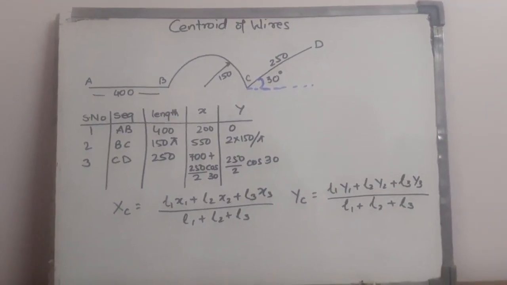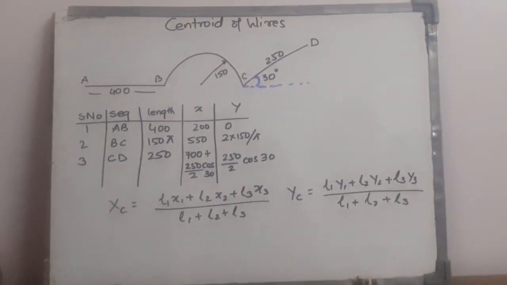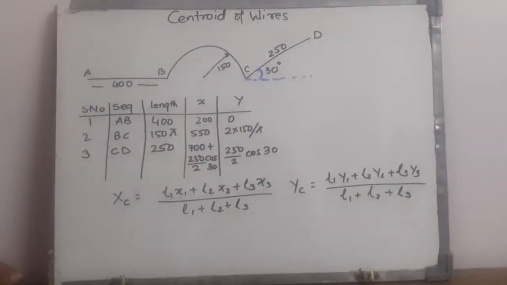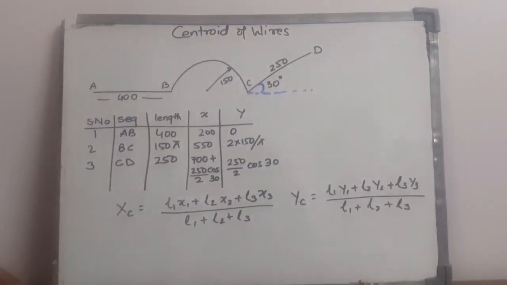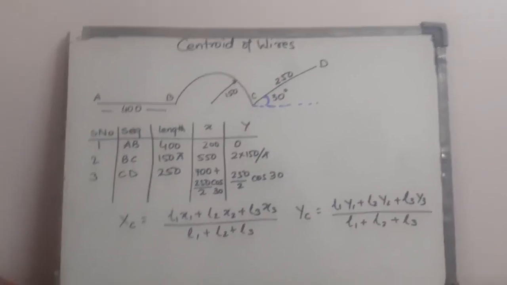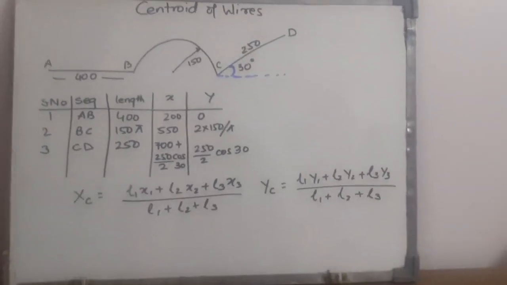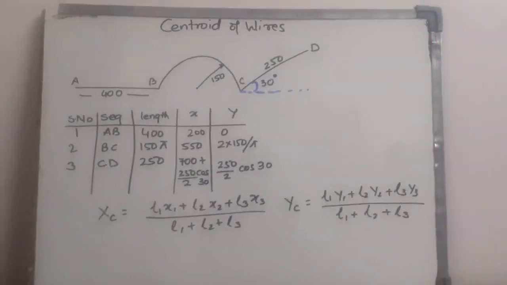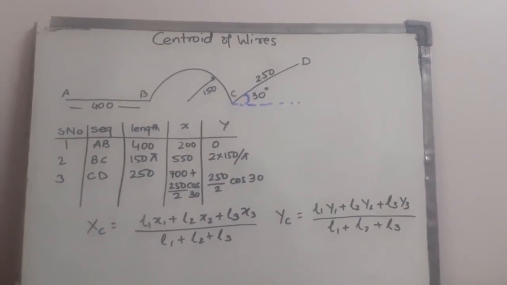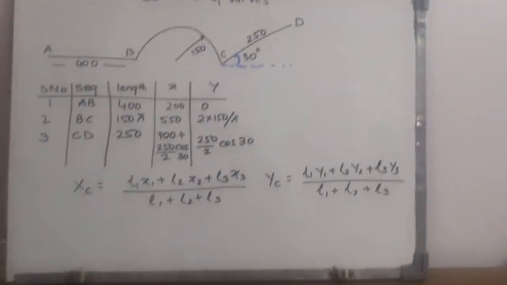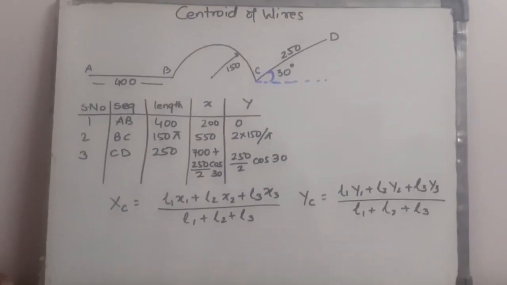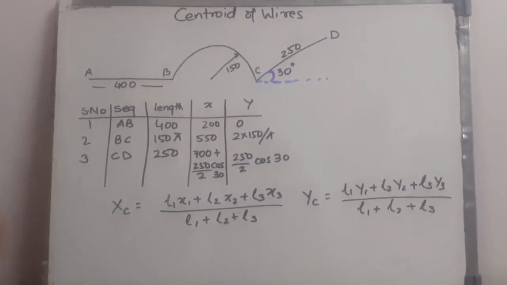So for area, you already know that the value of x bar is given by a1 x1 plus a2 x2 plus a3 x3 up till an xn divided by a1 plus a2 plus a3 plus until an. Now here A will be replaced by length. So let us take a very small problem.